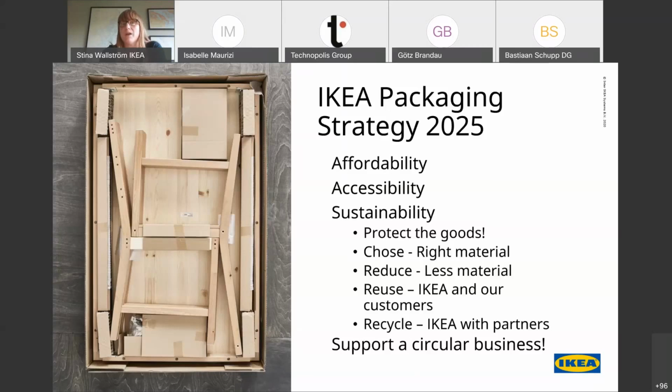You go there, you buy our flat packaging, you take it home in your own car, and then you dispose of the packaging. But now we have a growing e-commerce market, which is quite challenging when it comes to being packaging efficient, but also an opportunity to make sure that if the consumer wants to return a product to IKEA, he or she should be able to use the same packaging as it came in, in a very easy way.